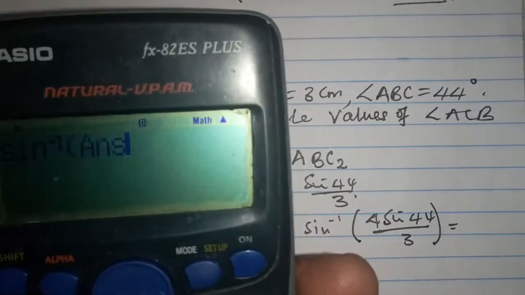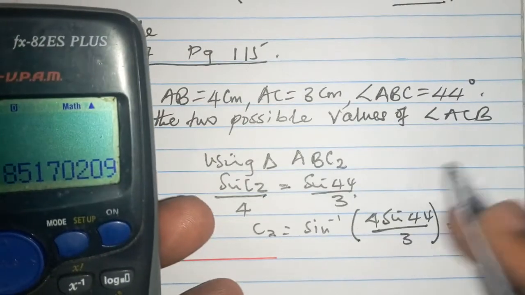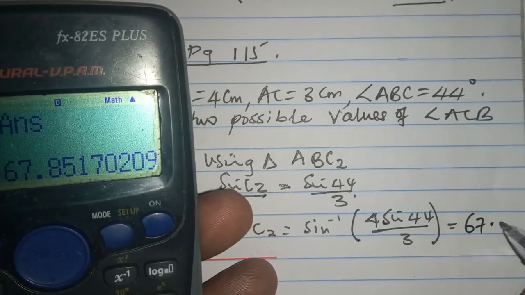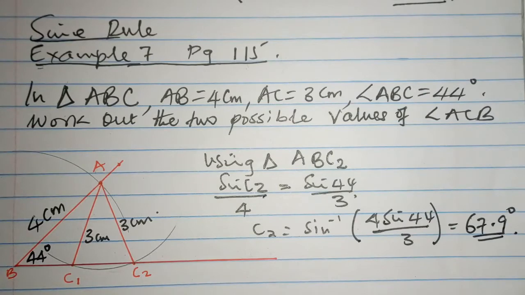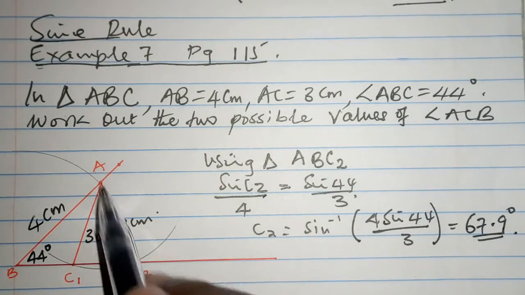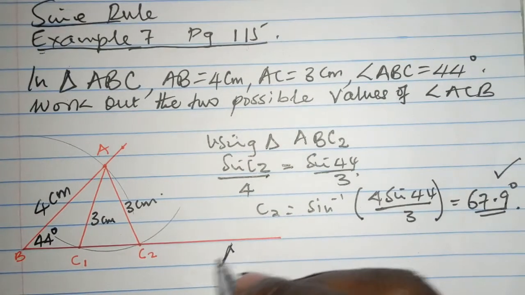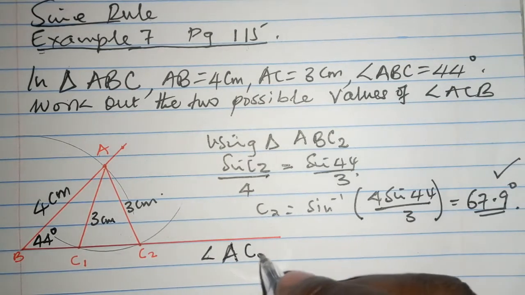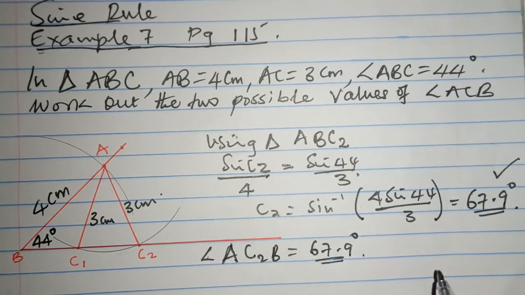Shift sine answer is 67.9 degrees. So it is possible that angle AC2B is 67.9 degrees. But there is another possible angle,